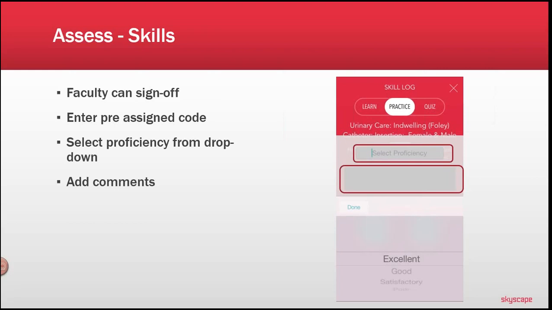So this is a great way in which to communicate with students and let them know, okay, here's some things that I saw you could improve upon. Here's some things that you could practice in the lab. Maybe you saw a very poor skill performance in the clinical area, and now you want to send your students back to the practice lab to perform that skill more repetitively before they come back to the clinical area. These are ways in which you can track and monitor that information.